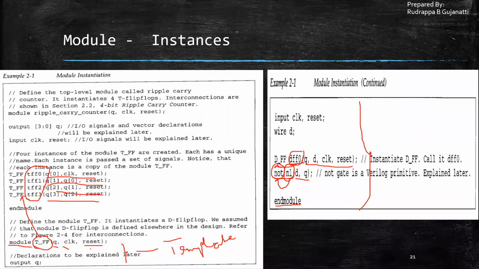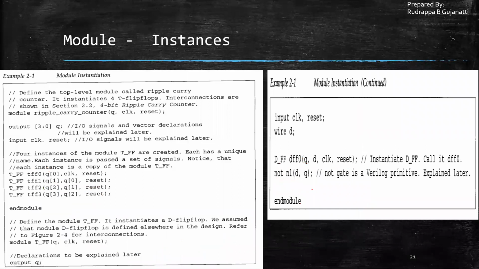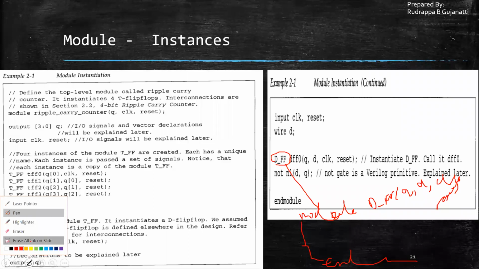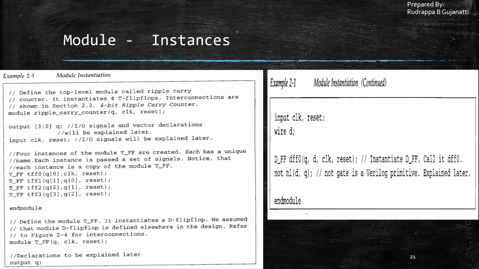Okay. Now here, if you just see, this is the D flip-flop. So I should have another module. I should have a module which will be named as D underscore FF, and it should have some parameters, 4 parameters in this case. And I should have the endmodule. So in between, I'll be having some instances, some creation, some logical implementations which will be present. So this is how a module instantiation takes place.